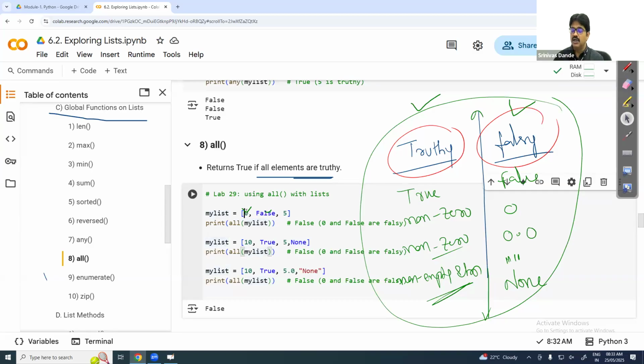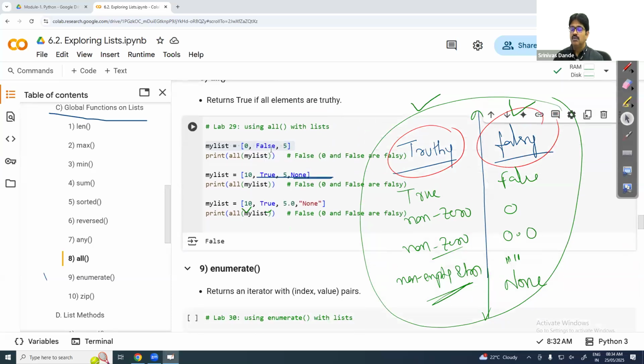Okay, let's start with the first one. Tell me the first one. Whether all are truthy? No, false. First only 0, false. Stop it. Return the false. Okay. Next. Second one. All are telling true. Is it true or false? Second one, most of you told false. Very good. Third one,